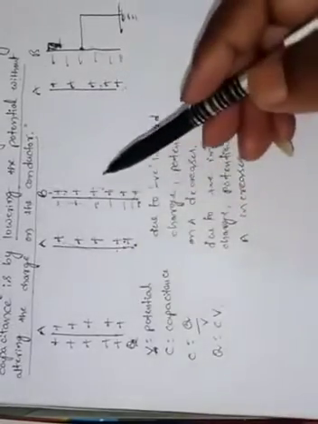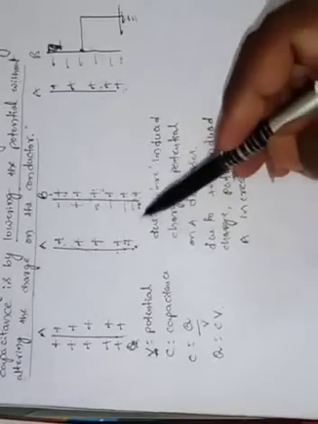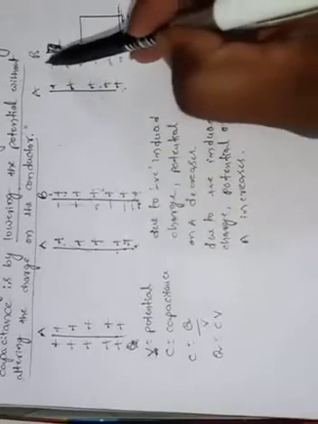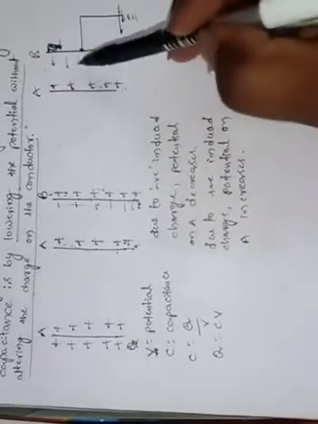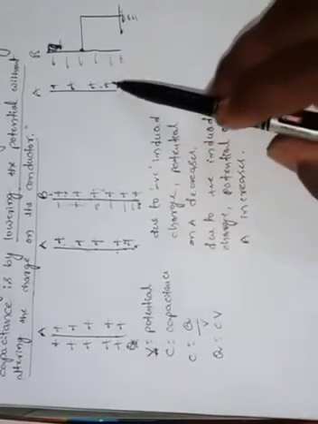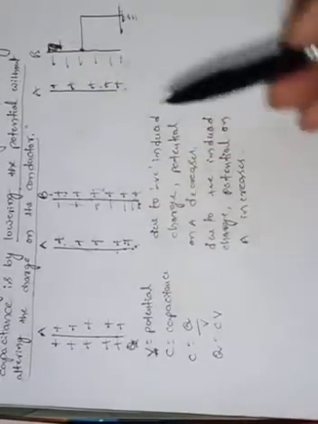In another way also we can increase it. The capacitance can be further increased by filling the space between these two metallic plates with another medium. The medium between the two plates is generally either air or vacuum. Apart from air or vacuum, if you take any other medium, then also the capacitance of the conductor increases.